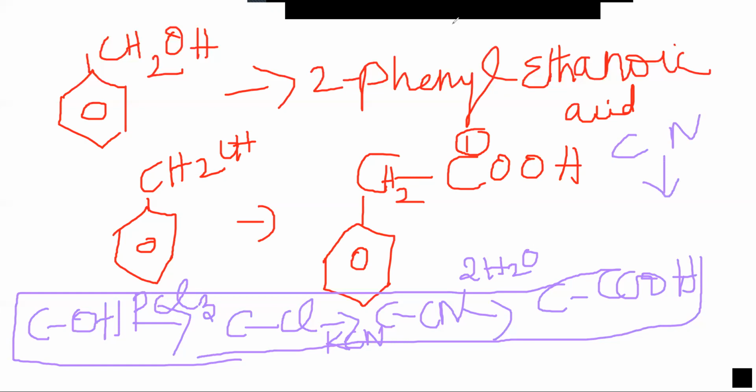You can add first 1 molecule of water, O you can add here, 2 hydrogens you can add here. With 1 molecule of water, cyanide gets converted into amide. Again add 1 more molecule of water. So cut this bond, here one OH and here one H. So that amide gets converted into acid. So with 2 molecules of water, cyanide gets converted into acid. That's all. So we will write the full equation.